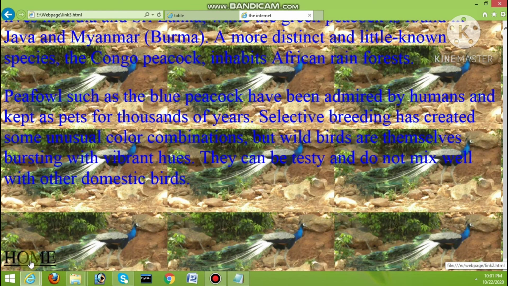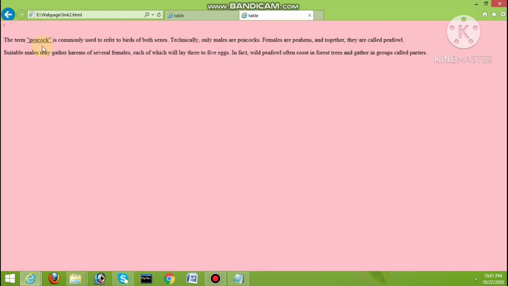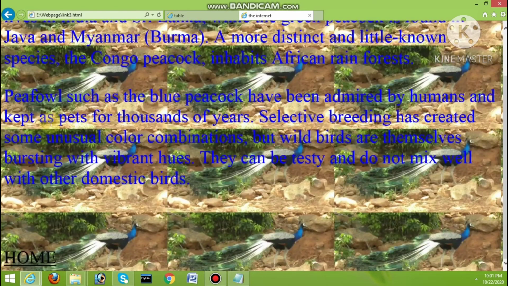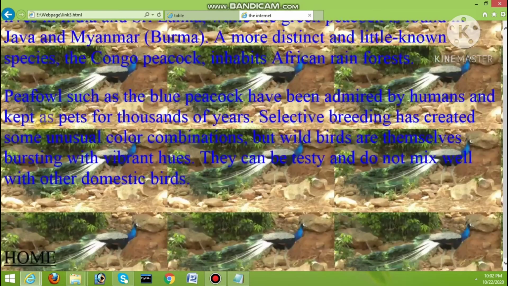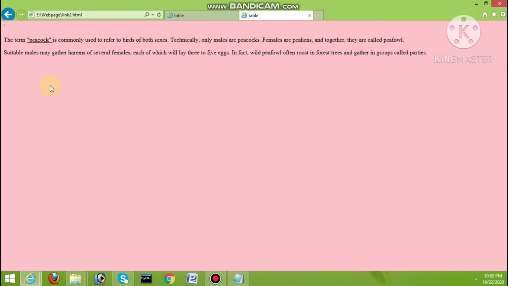When you click it, see it goes to green. When you click it here, lightly we can see it, it comes to green. If you clearly check it, then it comes to green. When you click it, it displays in green. See again. Clear? So if you want to change the color of a link, then you can use the attributes of body, that is alink, link and vlink.